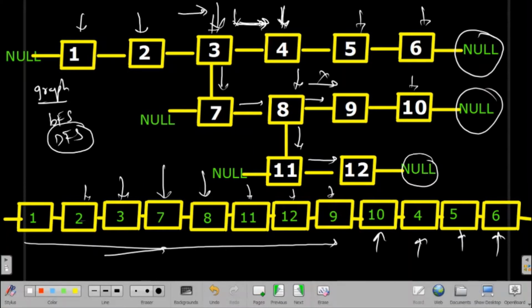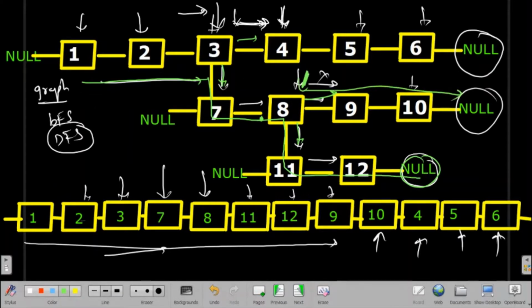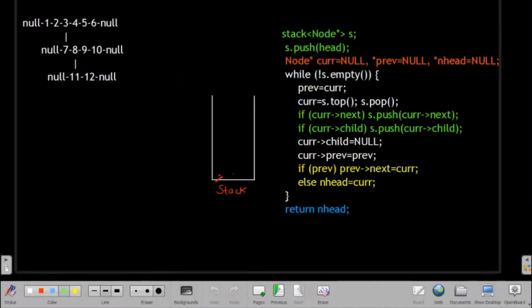What we are doing, we are moving here. We have seen that we have two paths here. So from here we will move in this path. Again we have two paths from here and one here. Again we'll move in this path. Again after getting null we'll come here to this node. Again I will move in this path. Again after getting null we'll come here, and again we'll move in this direction till null. So it is similar to depth first search. We'll follow the same thing in this question.